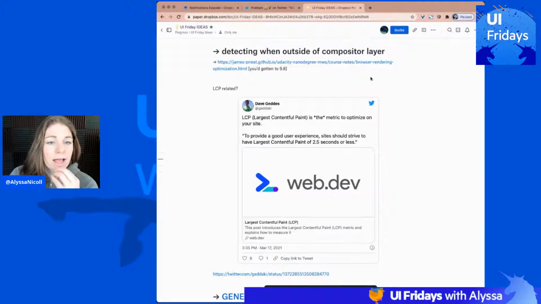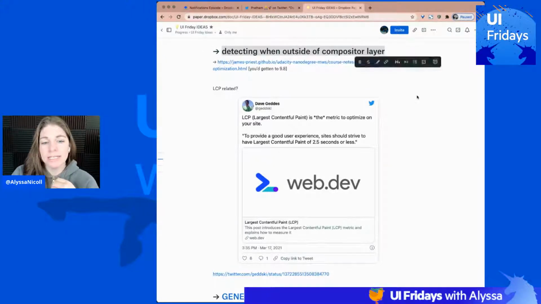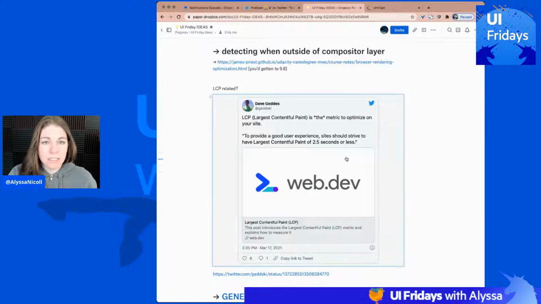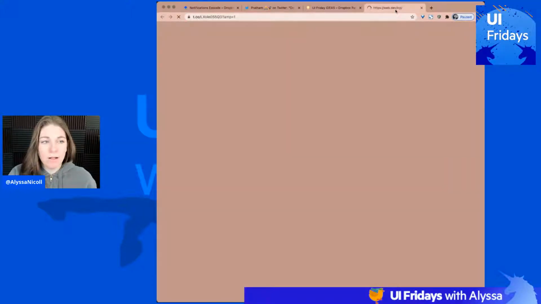So while I was hunting for more performance tips, looking into something that I really want to create a project around, and hopefully next week I'll have something to show around it, is detecting when you're actually in the compositor layer. So if anybody has any experience with that, hit me up because I want to know more about that. But while I was digging around for that, I found this tweet by a friend I follow, Dave Geddes, and